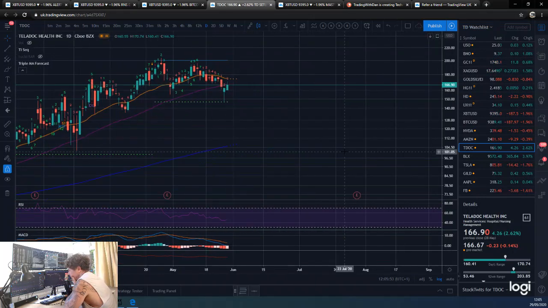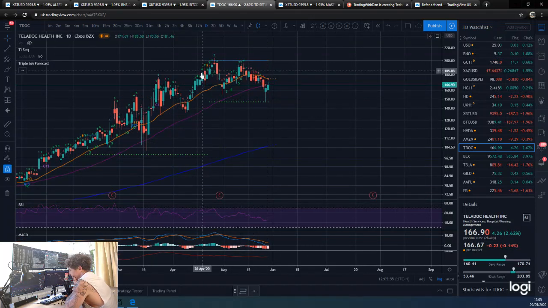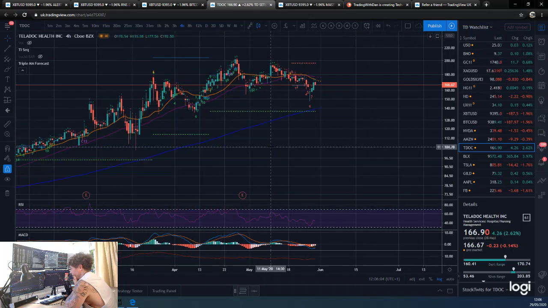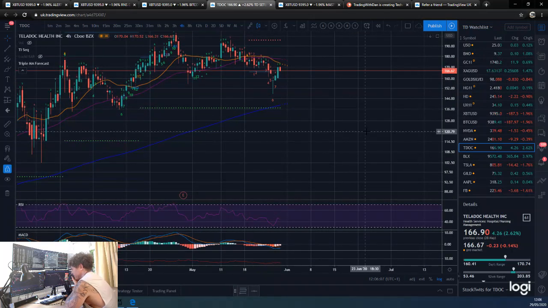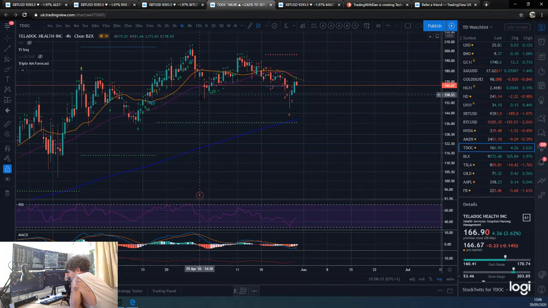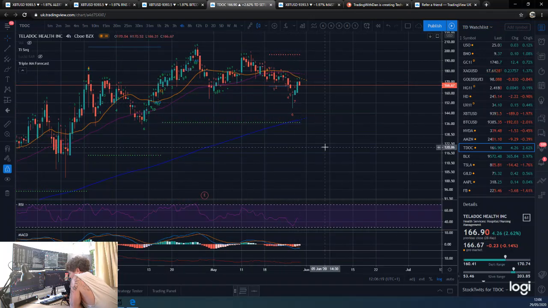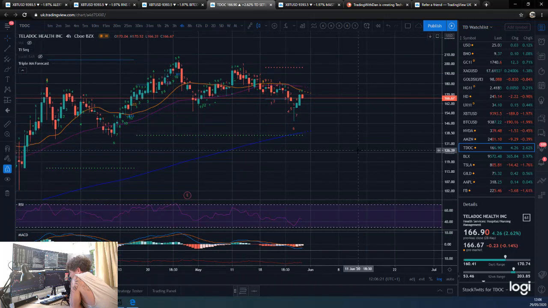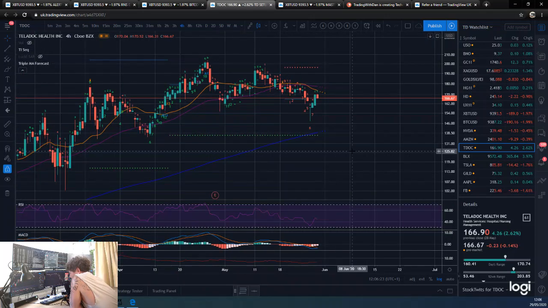Daily, have we got anything? Yeah, we had a nice daily 9 there. Obviously, there was your sell trade. You would have struggled to get filled because it sort of gapped down, and then we came back up again. So difficult trade there on the daily. I don't look to take trades on the daily lines on stock markets. I look to not trade against them, or then try and find some 4-hour entries once we have a daily 9. But because obviously stock markets are only open 6.5 hours a day, I only really try to take the 4-hour 9s.